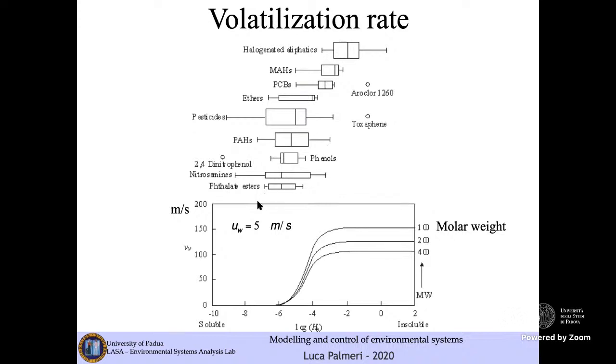And in particular, we may notice here that phthalates and esters that are found more or less here are essentially soluble, while other substances like ethers or halogenated aliphatics or PCBs and so on are more insoluble substances. That means that you will find these substances mainly in the liquid phase. Okay,